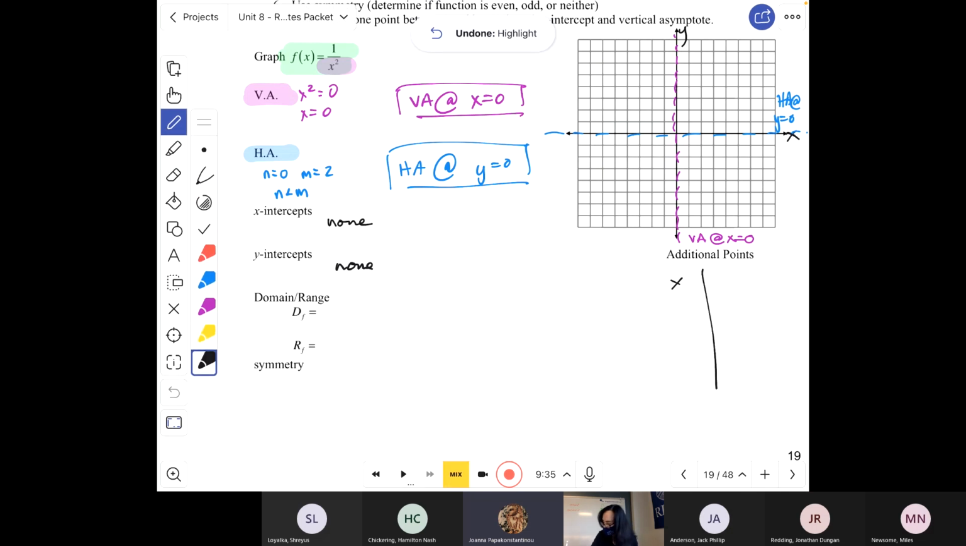Yes, Josh, did you have a question? Can't you tell which quadrant it's in by looking at the